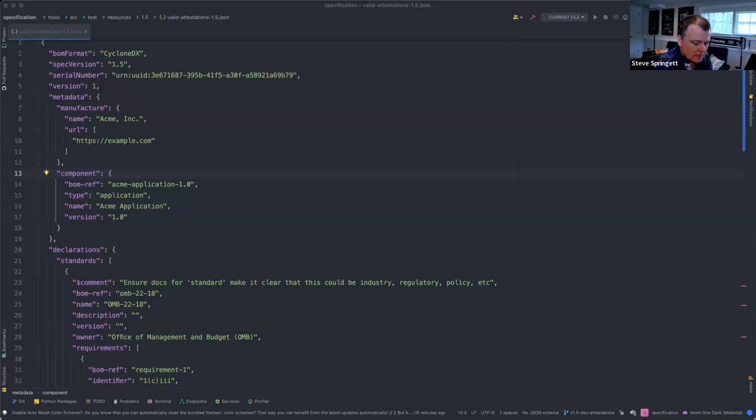Yeah, if that's the case, then we could have an attestation for any product, whether that product was a cloud service, a piece of software, a physical device of some kind, or potentially an organization. And you could link out to multiple attestations from a single BOM. So that would be pretty useful, I think.